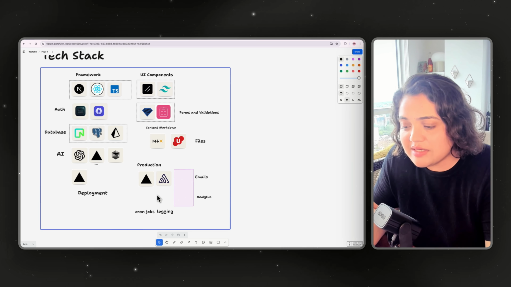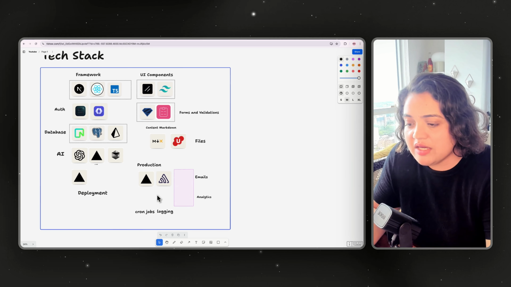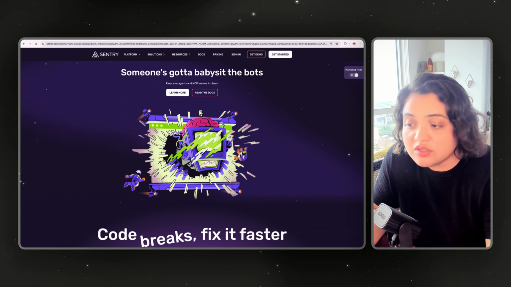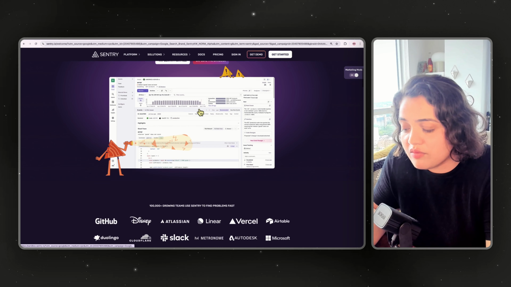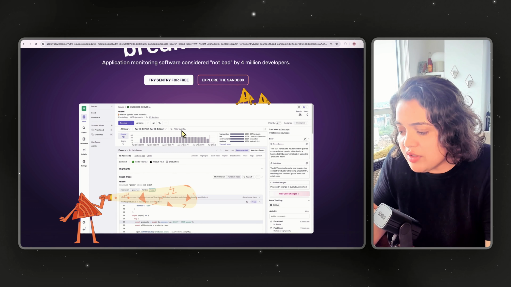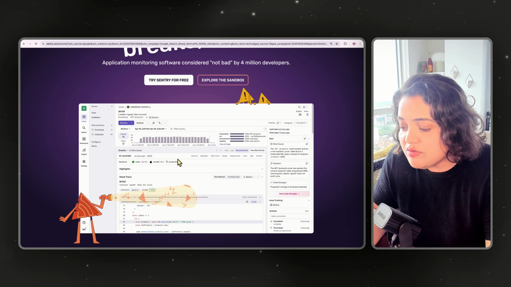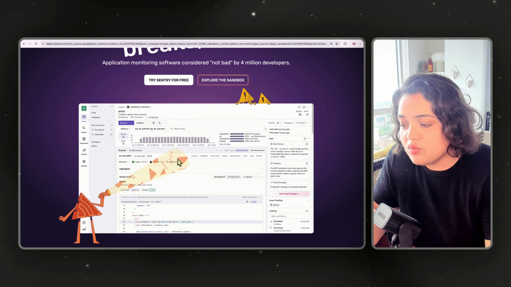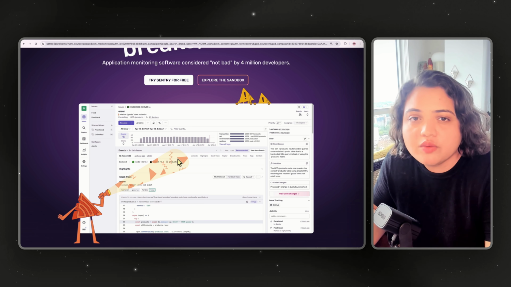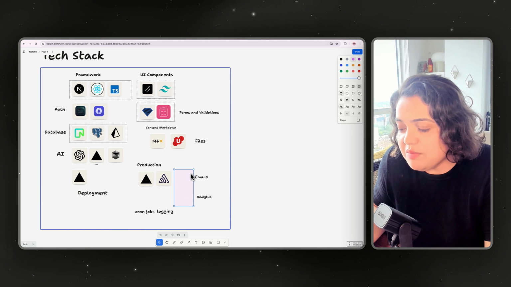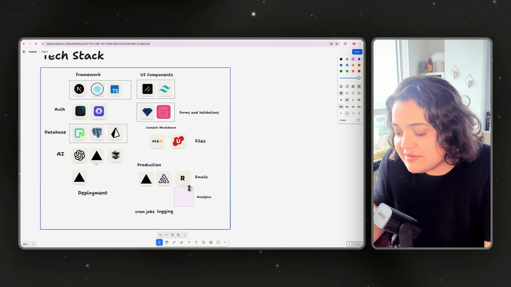So Vercel for sure. The second piece is called Sentry. Now, Sentry is useful for error tracking and performance monitoring. It's an incredible tool that I've been using in production for years, so highly recommend it if you haven't already. It gives you this type of dashboard. I can't show you my dashboard because I don't want to leak sensitive data, but it will tell you what was the error, what were people doing, and create these mini videos that you could use as well.